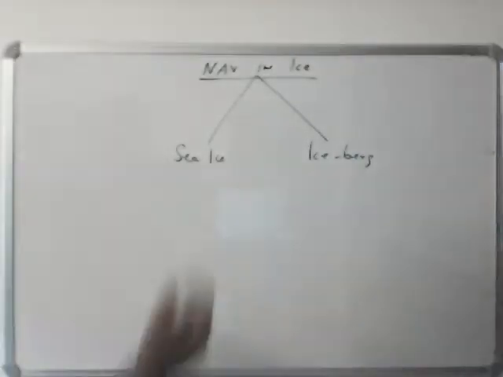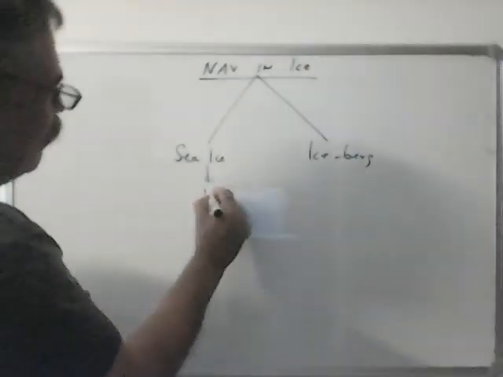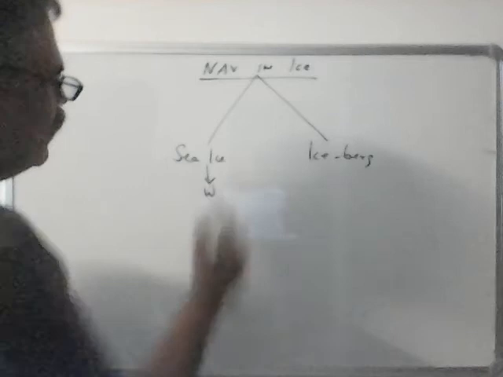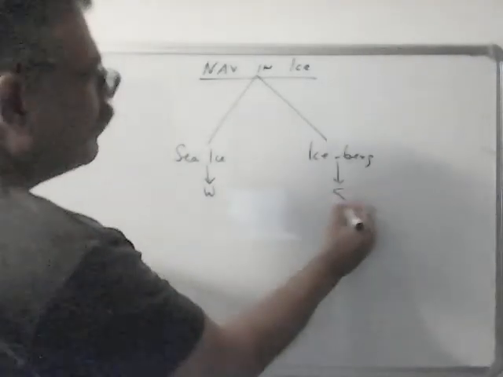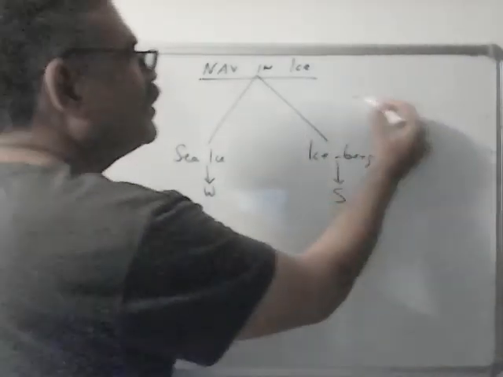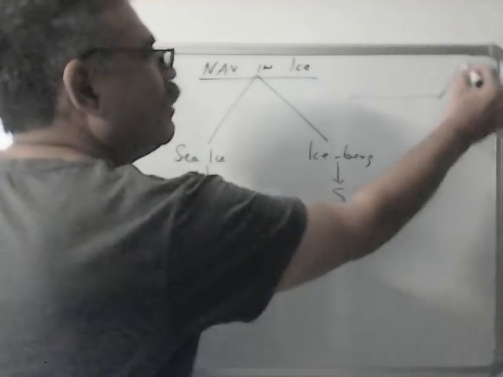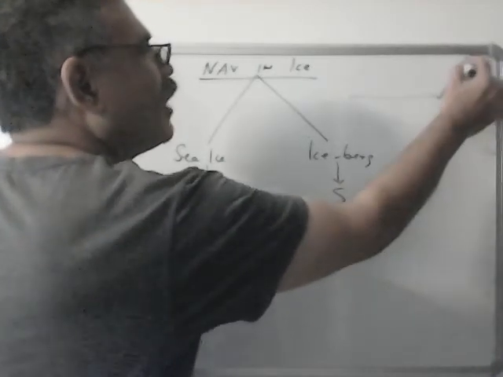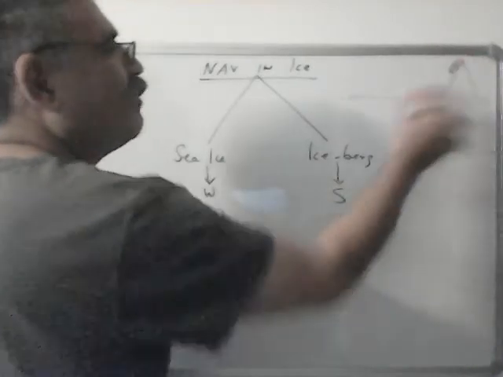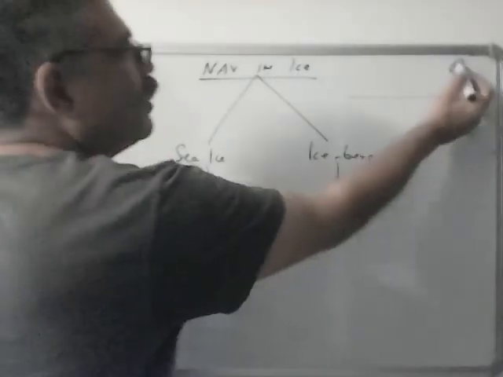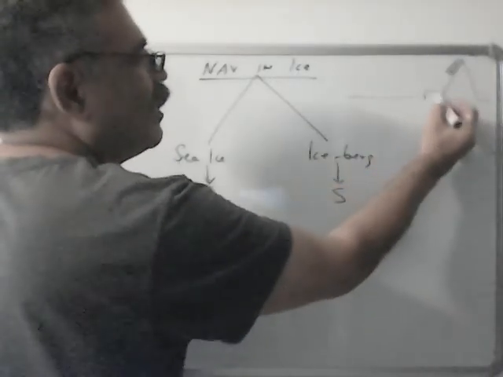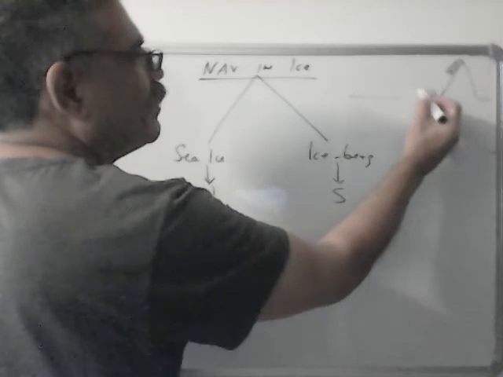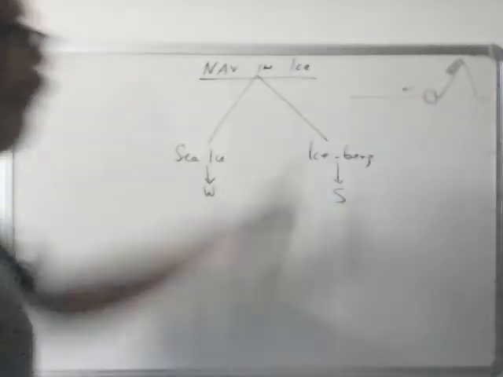Main difference, sea ice forms in winter when the sea becomes cold. Icebergs form in summer. Because what are icebergs? If this is the water level and you have a mountain, in winter ice forms on the mountain, but when summer starts, it starts melting, so big pieces of ice fall in the sea, and then they are carried by currents, and they are called icebergs.